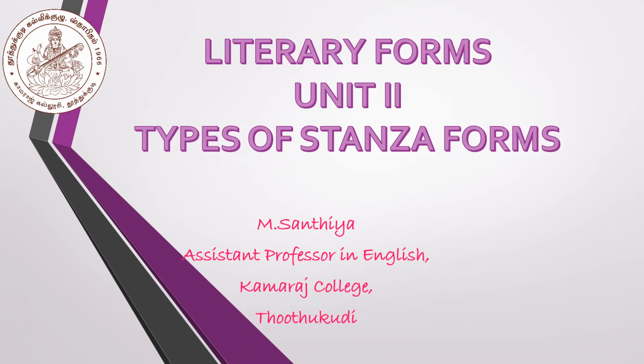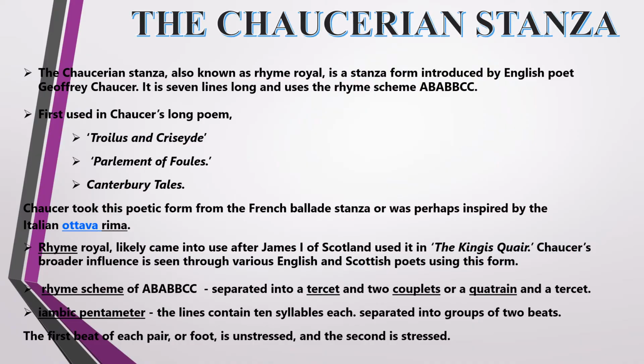Types of stanza forms. Here in this video we are going to see three types of stanza forms. They are the Chaucerian stanza, the ottava rima and the Spenserian stanza. The Chaucerian stanza. The Chaucerian stanza, also known as rhyme royal, is a stanza form introduced by English poet Geoffrey